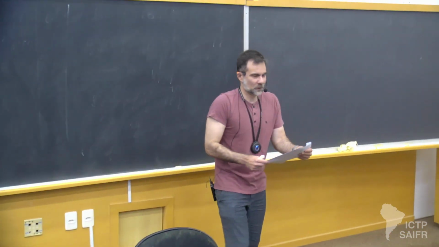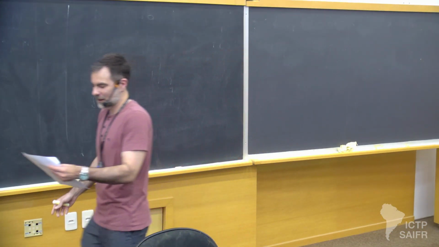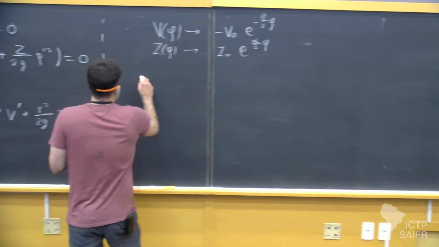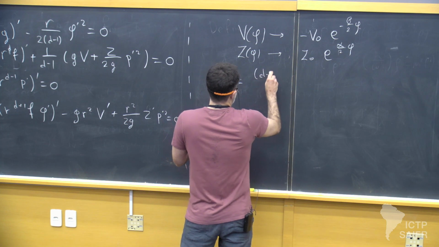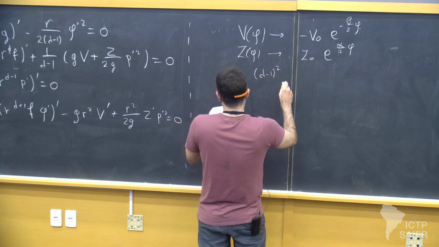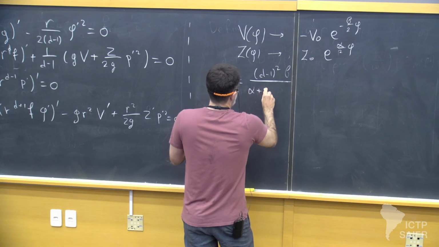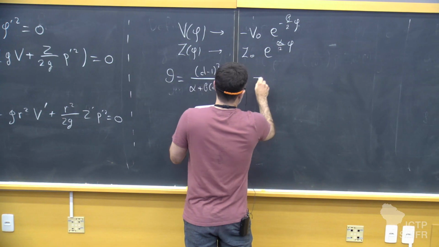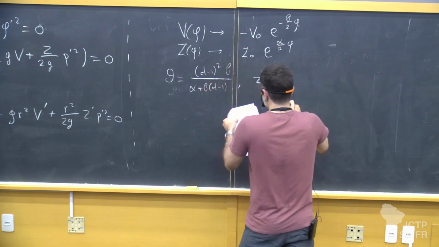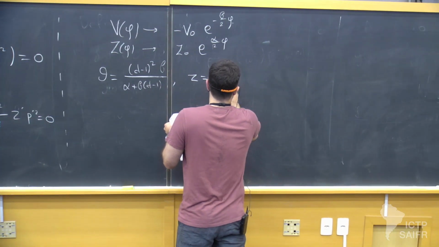Okay, so to write the solutions that I find in a more humane language, I want to define a couple of numbers. So theta is a number which is (d minus 1) squared over alpha plus beta (d minus 1). This is horrible, sorry. And then I want to define the z, which is 1 plus theta over d minus 1,